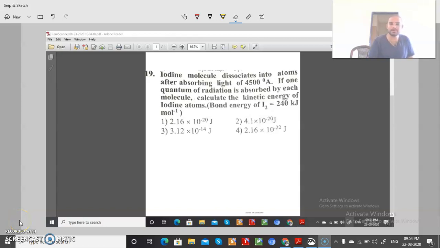Let us see, student, what is problem number 19. Okay, it looks like an easy problem. If you see what the problem is saying, you can check it out. So problem number 19 is saying